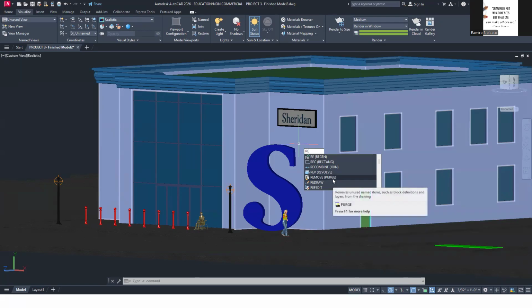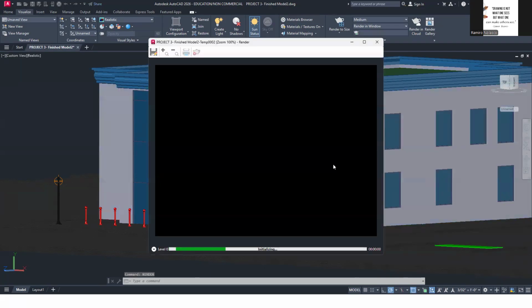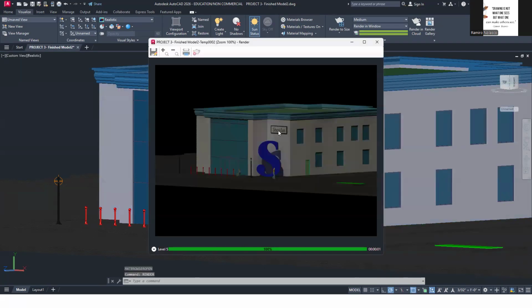It's not showing, so I'll type N, and there it is, render. Okay, so the name is showing nicely. So now I can continue with my setup. Again, camera, lights, materials, and we'll go to the next topic.